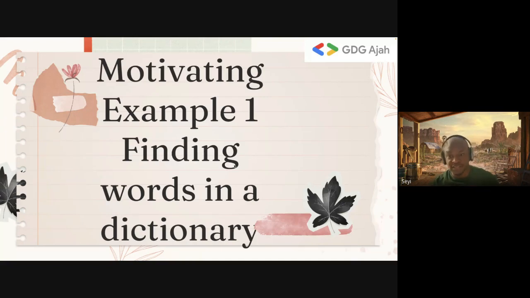Now, we'll talk about these things later, but the first one is something you call linear search. The second one is something you call binary search. But that is something we'll talk about later. But then if we even want to optimize this further, we could say, hey, since we know all the words